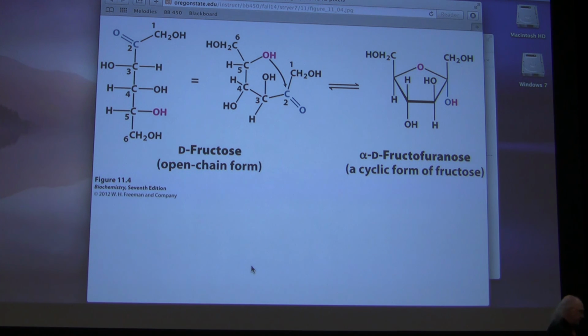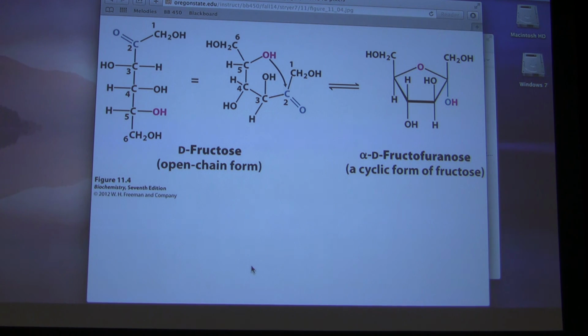For glucose and for galactose, they most commonly form 6-member rings, and you should know the 6-member ring structures for those. Here's how fructose forms, and you'll notice that the anomeric carbon is always the one that was the carbonyl. Here's carbon number 2, and it is now shown over here. Because it's carbon number 2, we see carbon number 1 sticking off the ring, and carbon number 6 sticking off the ring,